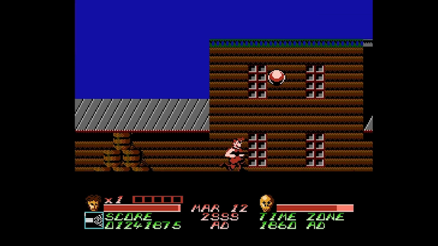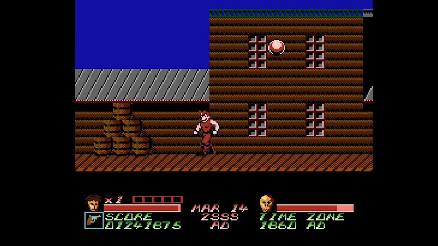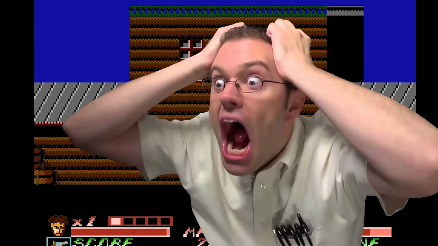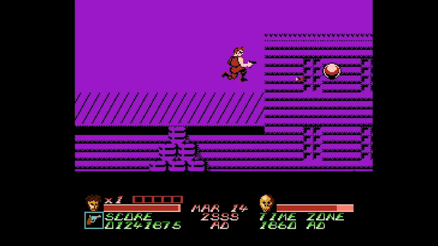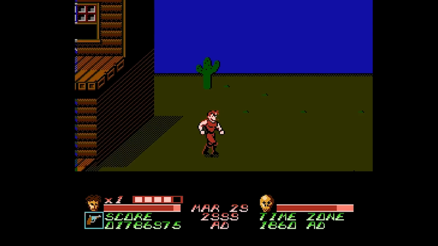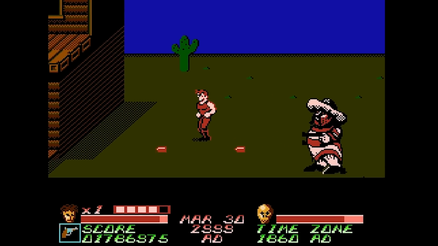So this is what you do. Stand over here on the barrels and jump at the orb. Then repeatedly shoot the orb to give yourself another small boost. How are you ever supposed to know this? I do love how the world starts raving when you shoot it though. Once we get all the orbs, we make it to the boss and...